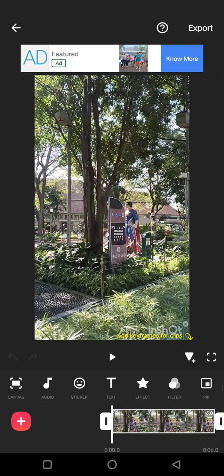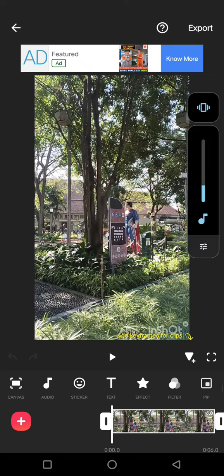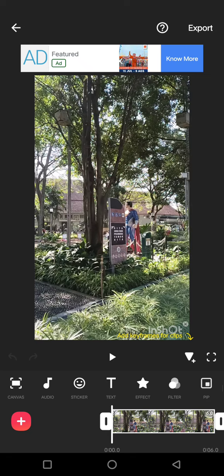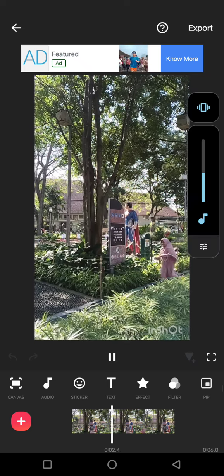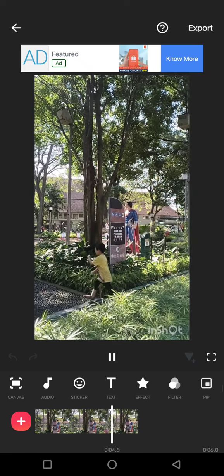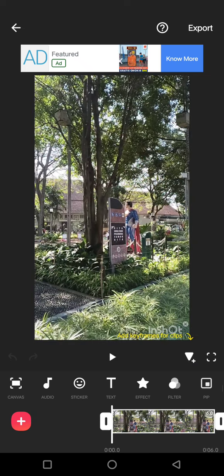On today's tutorial, I'm going to show you how you can remove the background noise using InShot apps. So the first thing that you can do is add the video that you want to edit into InShot, and after that you can see this is the background noise, and what you need to do is just click on the video